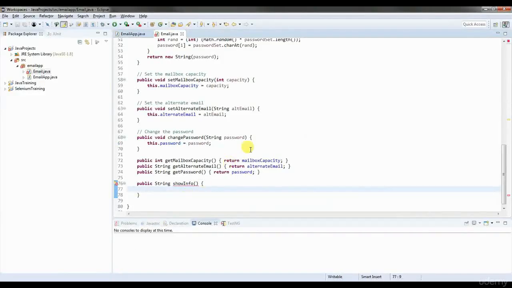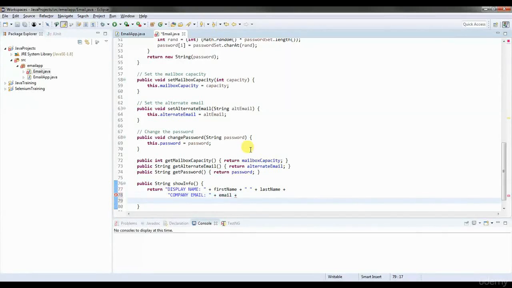So we can do that nicely here. So we'll say return, and we'll say display name is, we need to concatenate first name, then a space, and we'll do last name. And okay, let's go to the next line, and then here we'll say company email. We'll concatenate email,